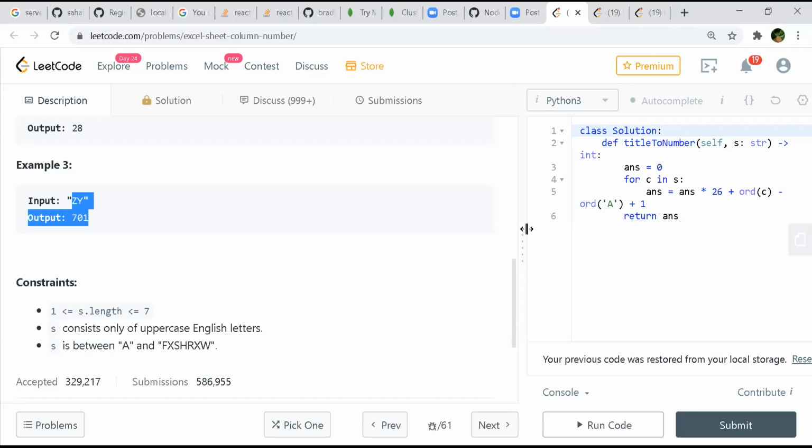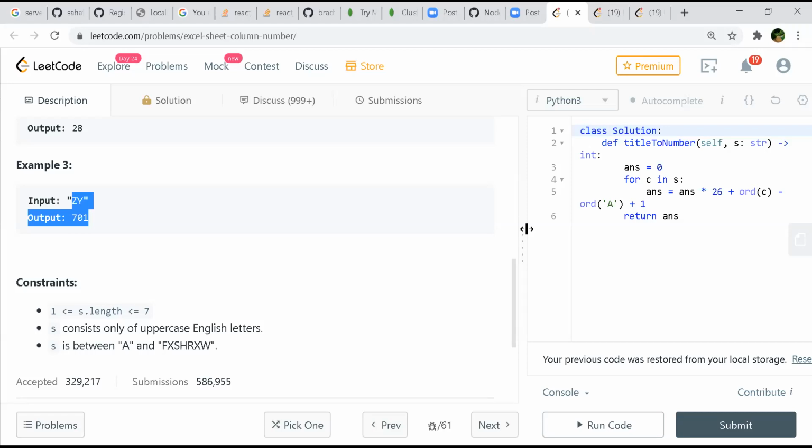Instead of decimal, the base is 26. We are using a similar thing in the rolling hash function. This was a subset of that.